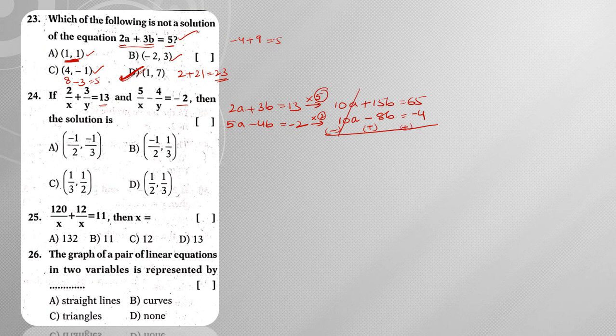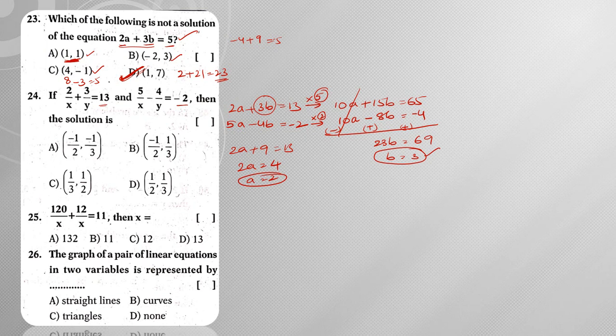Now after that, I am going to subtract, then the sign changes. So 10a minus 10a gets cancelled. 15b plus 8b is 23b is equal to 69. So from this b is equal to 3, because 23 3s are 69. So we got the value of b as 3. So substitute here. So 2a plus 3 3s are 9 is equal to 13. So 2a is equal to 13 minus 9 is 4. a is equal to 2.